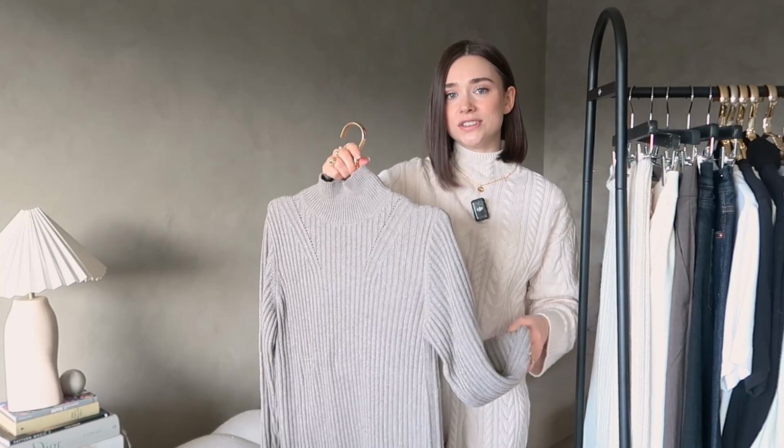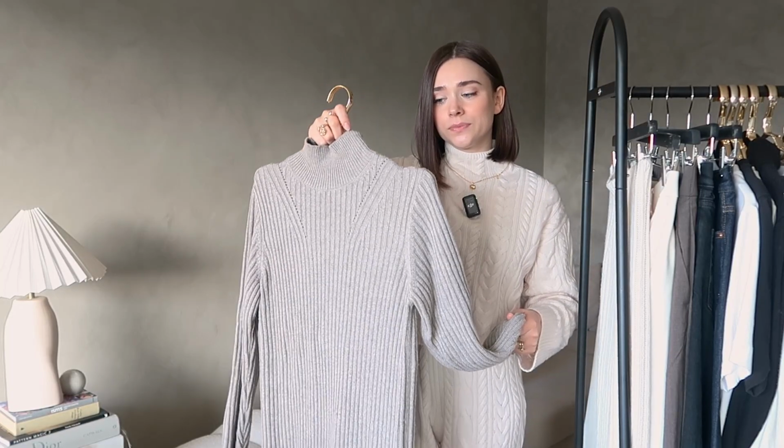So it's definitely versatile, but I do have more jumper dresses on my shopping list, wish list. Sort of that is an area of this capsule wardrobe that I might actually add. But let's take a look at the outerwear pieces, which is obviously such a key part of a winter capsule wardrobe. Let me show you the final Lily Silk piece I have, and that is, of course, you know me,